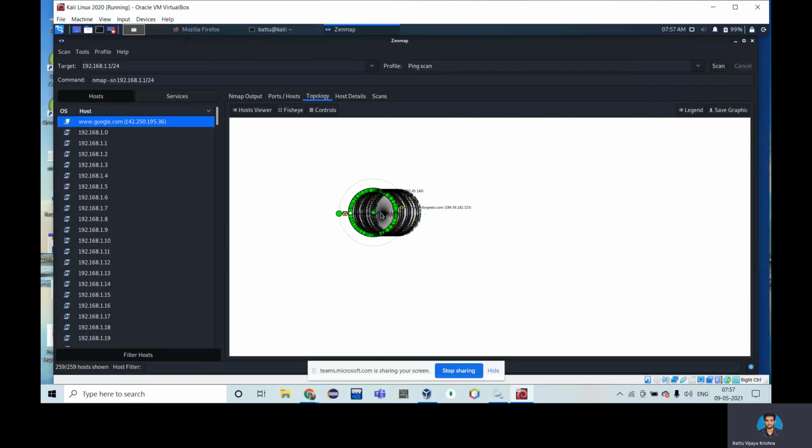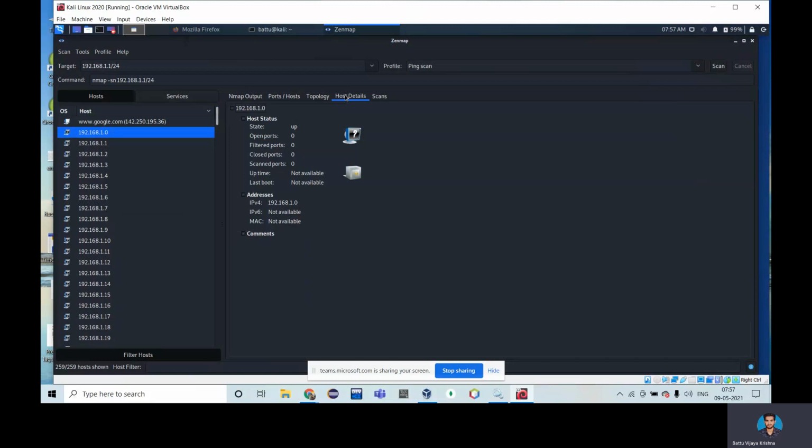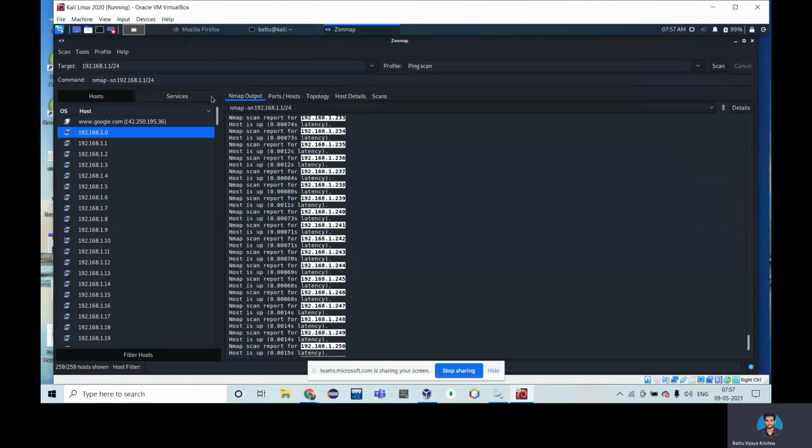In the topology, earlier we performed only three, for Google, Reddit and Geeks for Geeks. After that we performed the scan, and 255 nodes were added to our topology. Each IP address adds one more node in the particular topology.